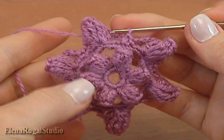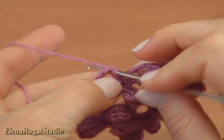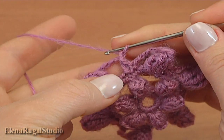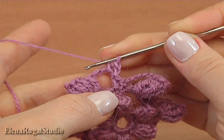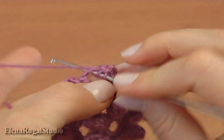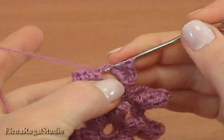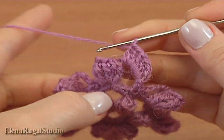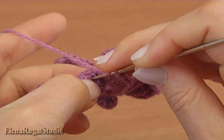Begin round 5. It will be a round of petals. Make a slip stitch into the chain space, then chain to bring up the yarn, then half double crochet into the chain space, and 5 double crochet into the same chain space. 1, 2, 3, 4, 5. Well done. Then 2 double crochet into the popcorn stitch,